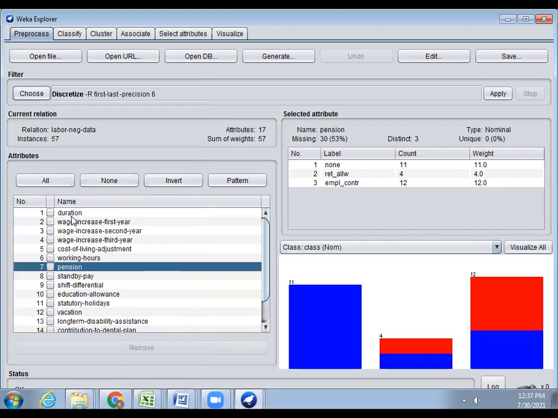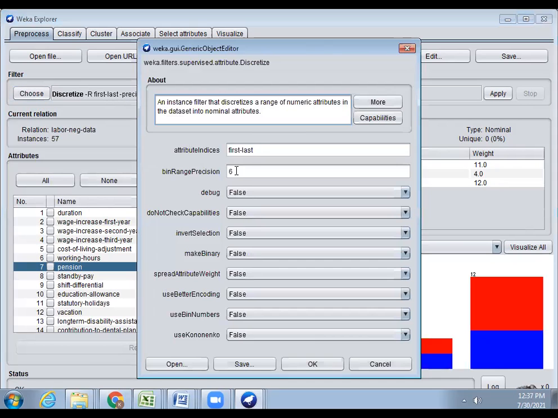So we choose discretize from first to last. If we want a range, for example if we want to discretize the attributes from 1 to 6, we have to give the indices range between 1 to 6. Otherwise, if we want all the attributes, we just note first to last.